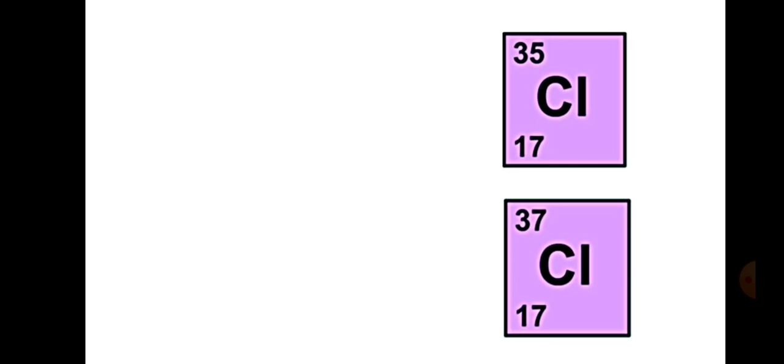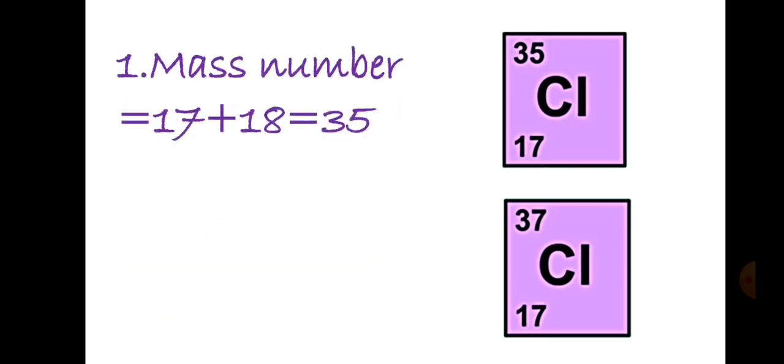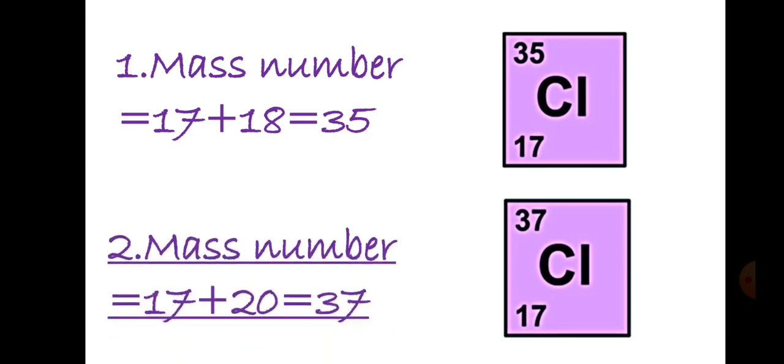Chlorine has these isotopes because their mass number is 17 plus 18. Here we know that 17 is the number of protons and 18 is the number of neutrons, and the mass number is 35. For the second isotope we have a mass number equal to 37 because there are 17 electrons and